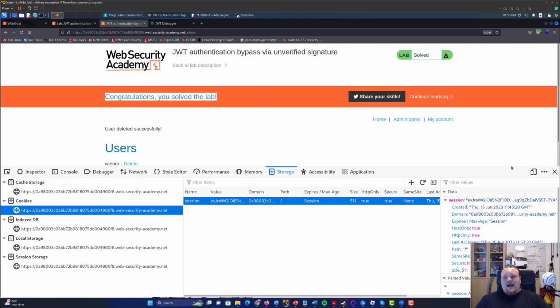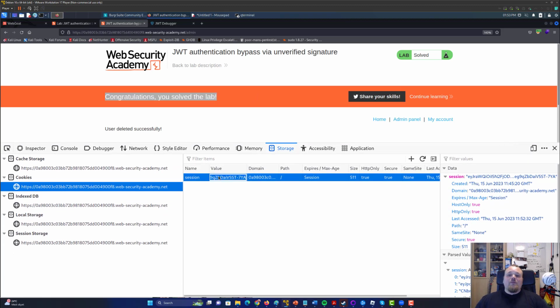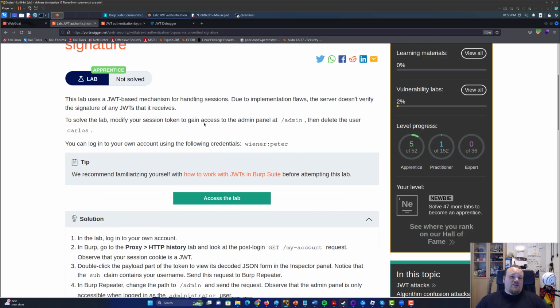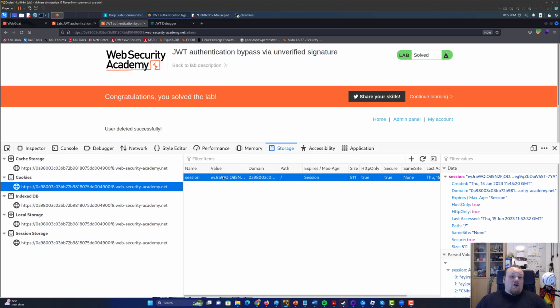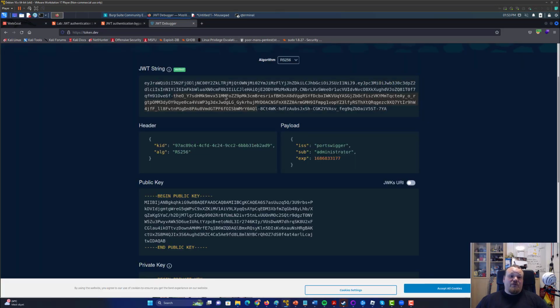Now, I kind of enjoy doing this a little more out of the box compared to just doing everything in Burp. Burp is a beautiful tool, but it is not the only solution. You can do everything without Burp in most occasions, but it's also difficult to do some of the things without Burp. So essentially what we did, we logged in, we got given a pair of credentials up here at the top, Wiener and Peter as the password. We logged in, we got our JSON Web Token, we copy pasted it into the JWT string decoder, got the header, the payload, and the public key, and we then altered the sub,